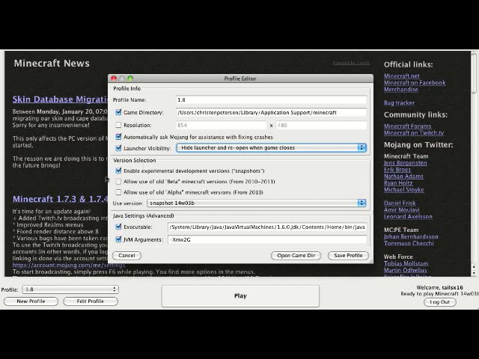Version selection. Enable experimental development versions of snapshots. Enable this. God, I still didn't say it right. Come on, man, get yourself together. Anyway,